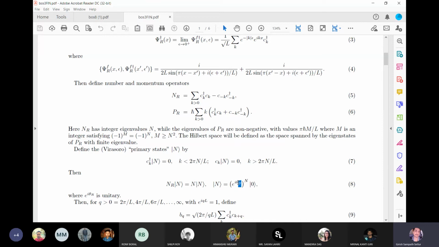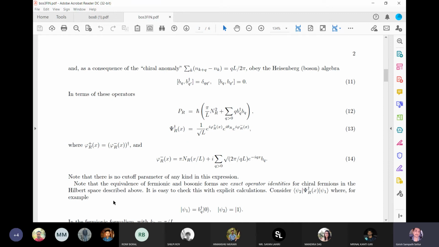There is a Hermitian operator called theta r, which makes e raised to i theta r unitary. If you put n equal to 1, what this does is it creates, from the Virasoro primary state containing no fermions, a state with nr equal to 1. So all it does is it maps one Virasoro primary state to another Virasoro primary state, from nr equal to 0 to nr equal to 1. Remember that the q's are positive, so they are going to look like this. And